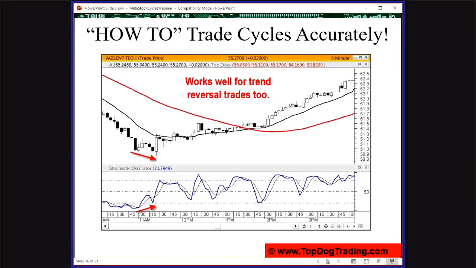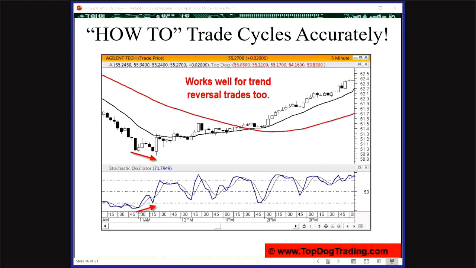By the way, it not only works for trend trading, it works for reversals as well. After we get extended in a trend, just to be real clear, I wouldn't use this against a trend unless we're already extended in that trend. In other words, when the trend is no longer our friend. So we've been going down in a long trend down, and the trend is no longer our friend. Now we wait. How do we know when to take that reversal? Again, the question of when, timing access: lower low on price, higher low on K. Momentum shift within those little 5 or 6 bars, boom, and up she goes. Now that's a big winner.